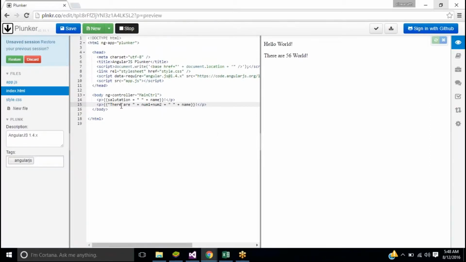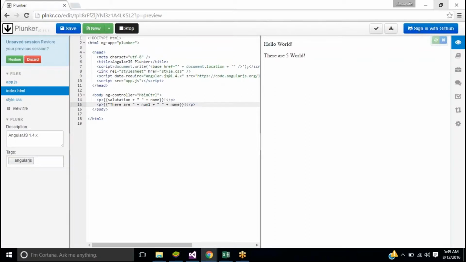Because the starting and ending parts are strings, even though there are numbers, they're converted to strings and you're seeing it. Num1 minus num2 won't work, because between string operations we can't use subtraction. So that's all about it.